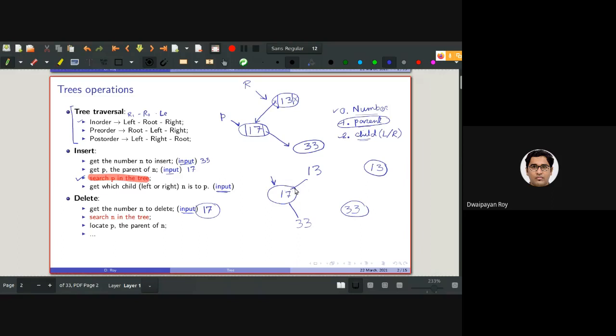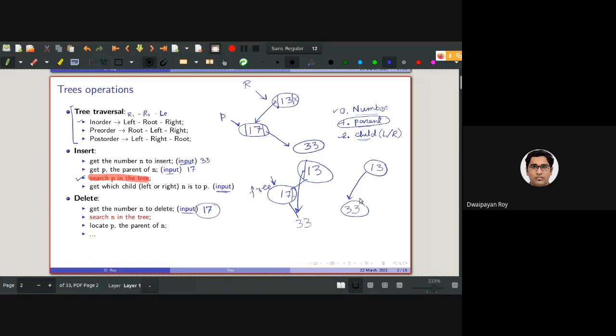I want to delete one number which is a left child of 13, right? And the node that I want to delete contains one right child. So what I need to do is make the pointer go from here to here, and free this node. So basically, after deleting, it should look like this.